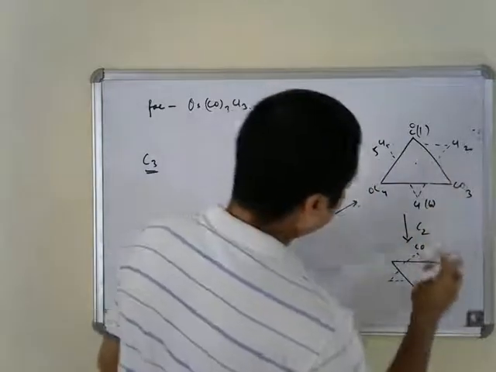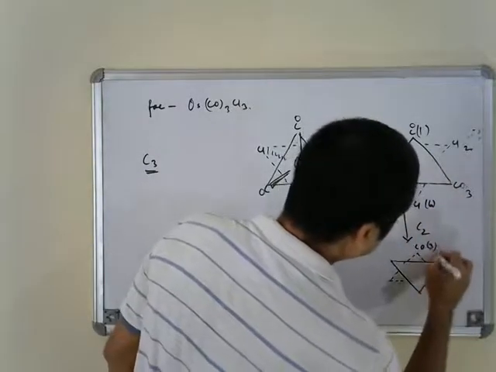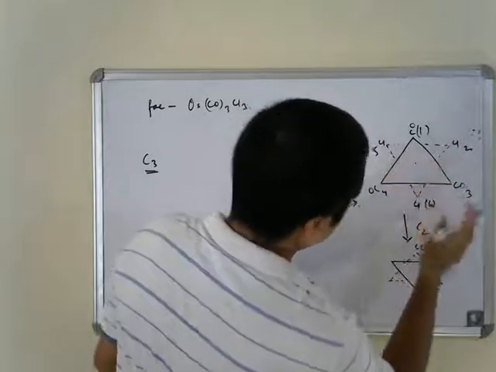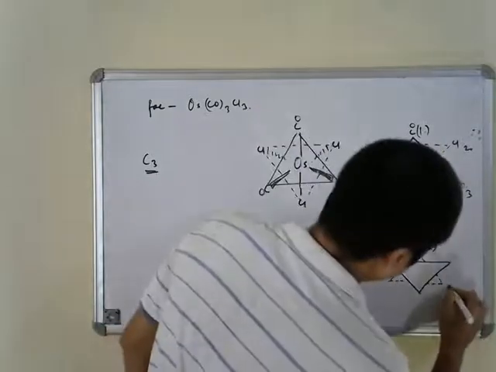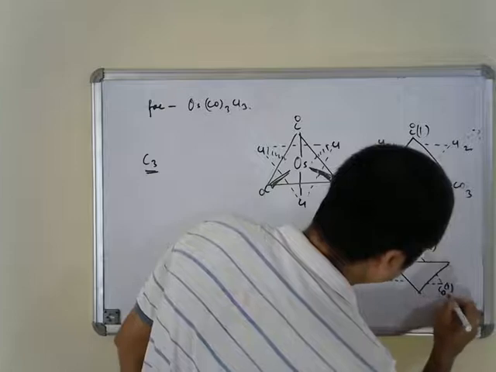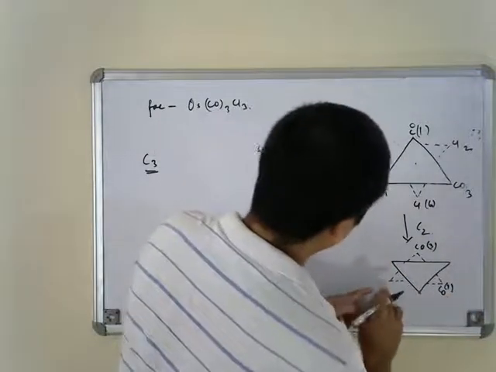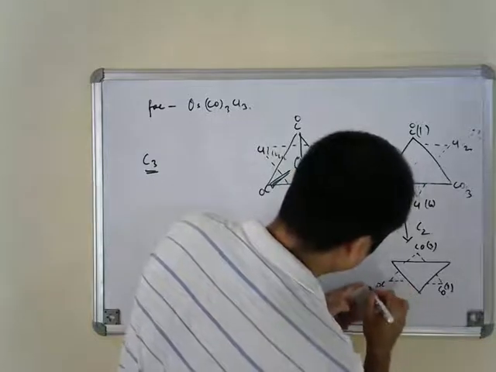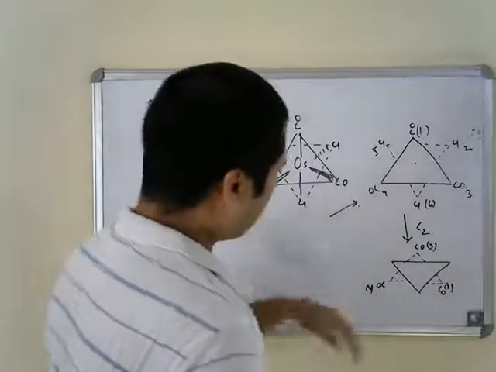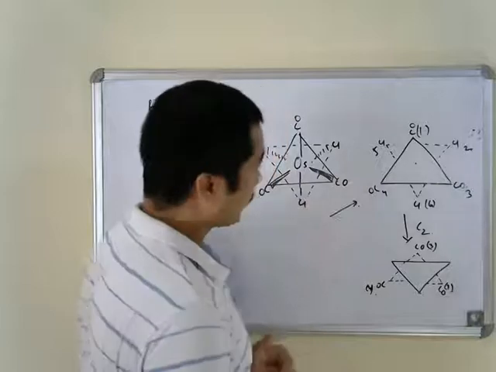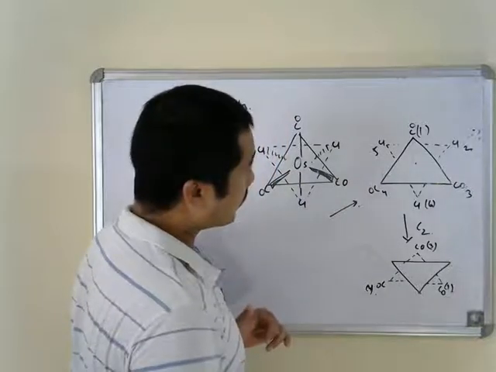So 3 will reach here. So this is 3, and this is going to be position 1, that is CO again, while this is going to be the position of CO4. So this top triangle will go to the bottom